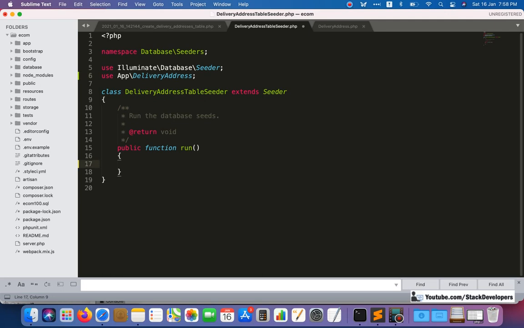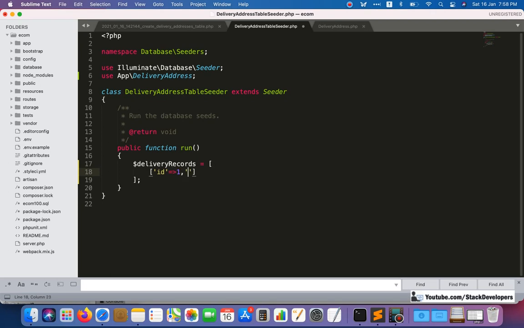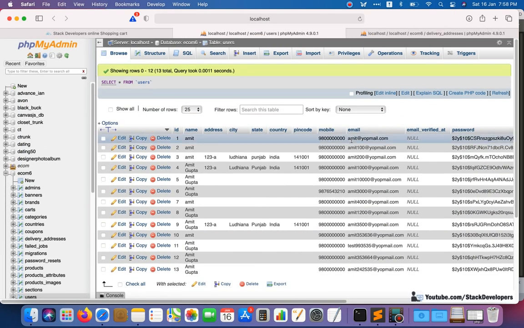Here we will add the delivery records like this. We will add id 1, and user id we will make 1 as well. We can check later which user has user id 1 by logging in. This is user amit@yahoomail.com. So we are going to add this user id.